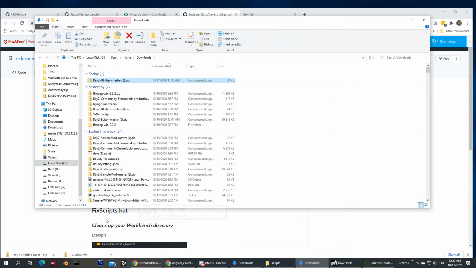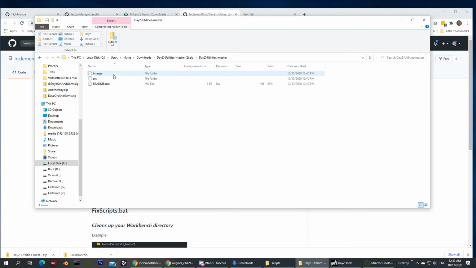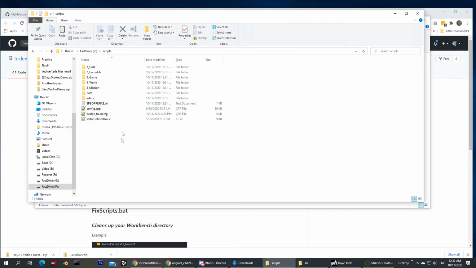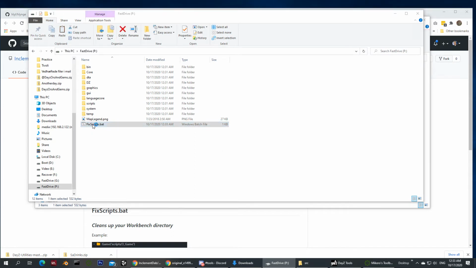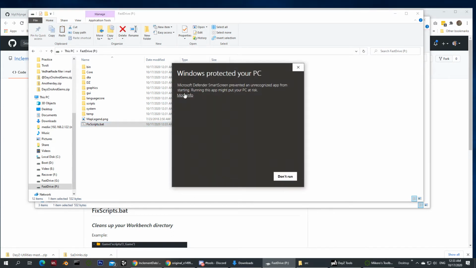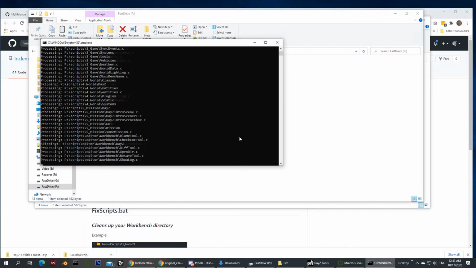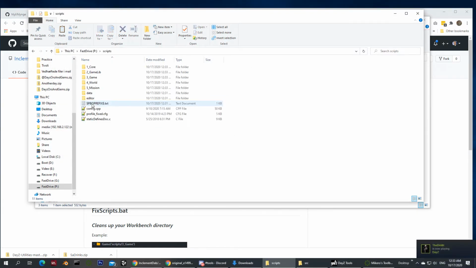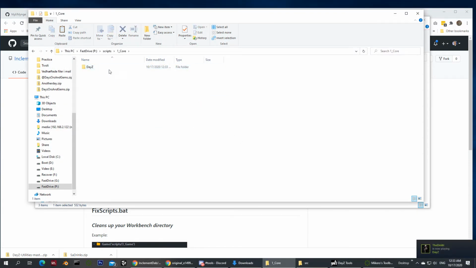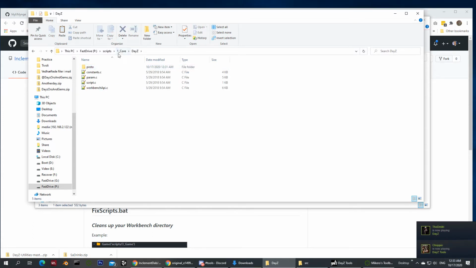What we are after here is the fixed script bat. So I download, I unpack, I go to source, I take the copy of fixed script.bat and I go to the root of the P drive. I paste the script there, I run it, and what it does is that it wraps all of the scripts here so they're neatly packed in a days folder.